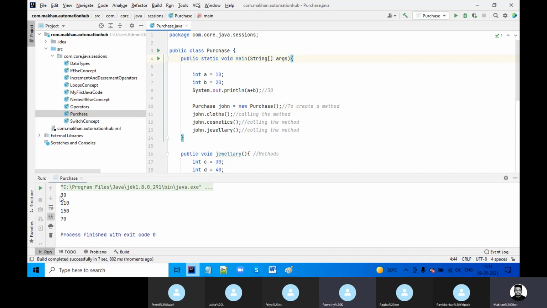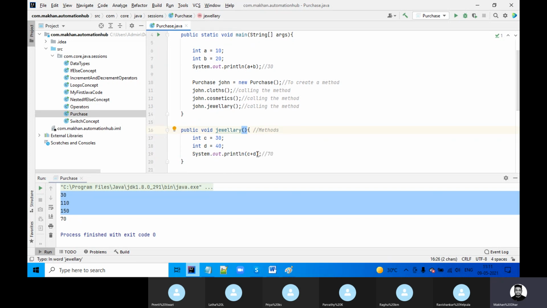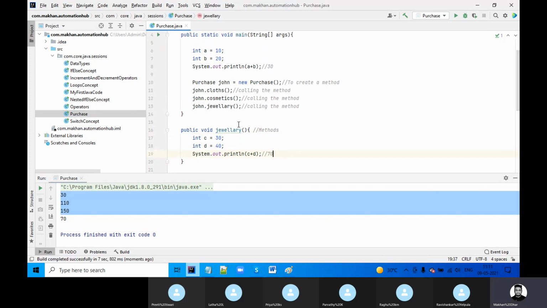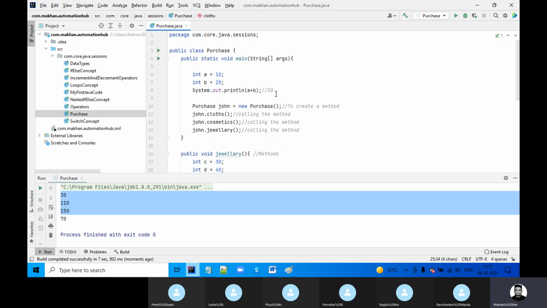Now see, I'm getting four different sets of things. This is the method, the syntax, you can see bracket start, bracket close. Now this is jewelry. The first I called was clothes, and you get this 30, the very first 30.